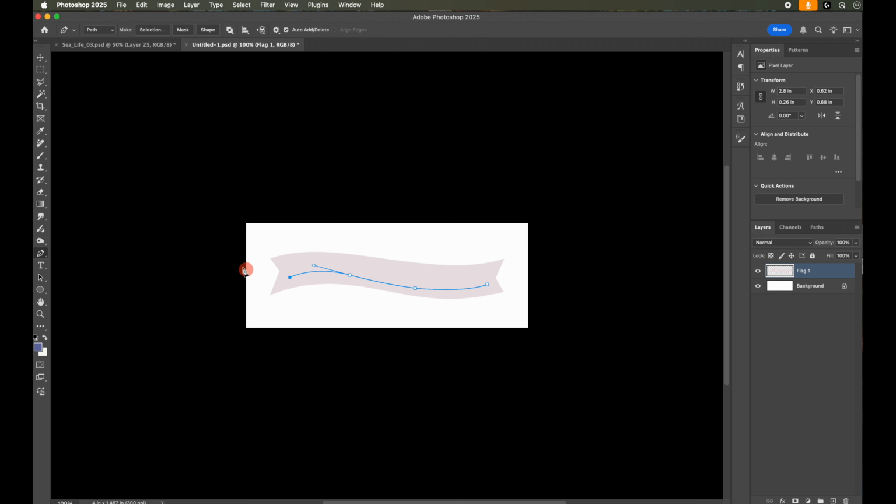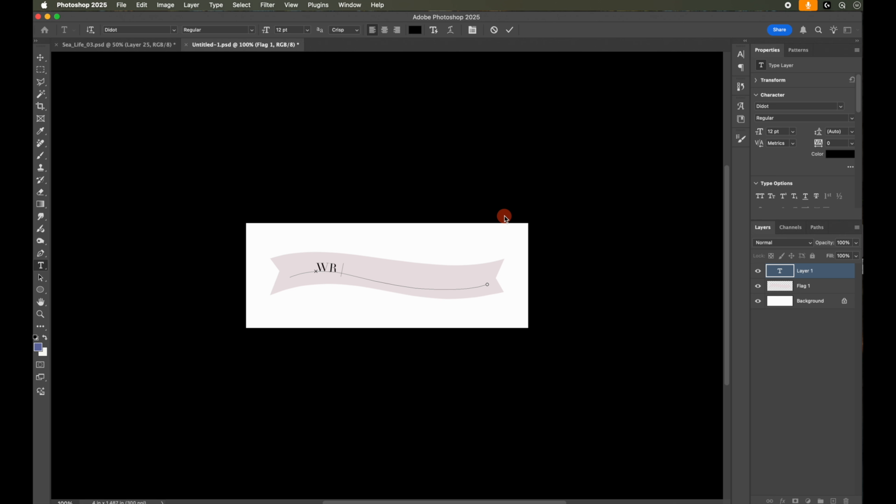Okay. Now, grab the horizontal type tool. Choose any font you like and set the size that is perfect for your project. And I'm going to click on the left align text icon over here. Now, on the document, hover your cursor over the path. When you see the wavy line cursor appear, like that, click once and start typing. And I'm going to write anything you